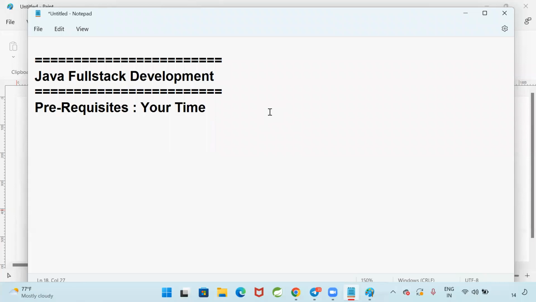Those many technologies we need to learn, and we need to develop real projects with your hands. You need to write the code, then only you will be called a full stack developer. So no prerequisites are required. You need to have your time, and your dedication and commitment.